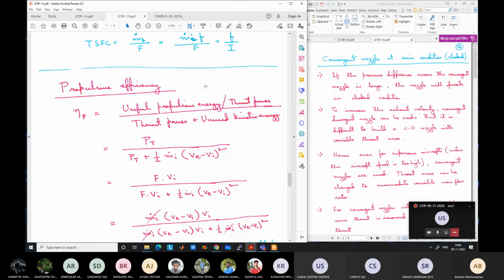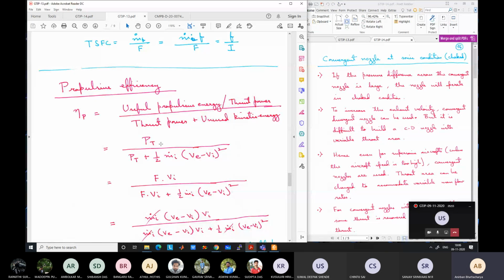The kinetic energy that is contained in the exhaust gases, part of it is used for propulsive thrust, which is for moving the aircraft forward, and rest of it gets